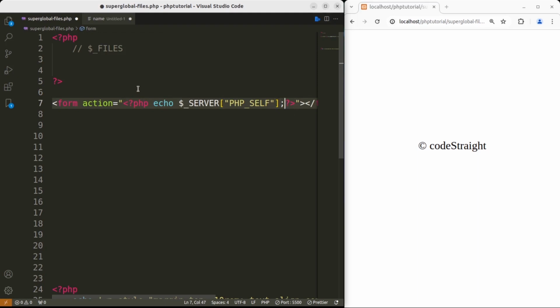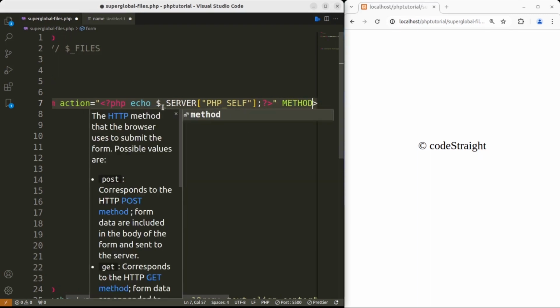So what does it mean? It'll actually return the name of the same file. Otherwise, you can also keep it empty. On submit, the form will redirect you to the same file, which is superglobal-files. Now after that, let me add another attribute here, the method,